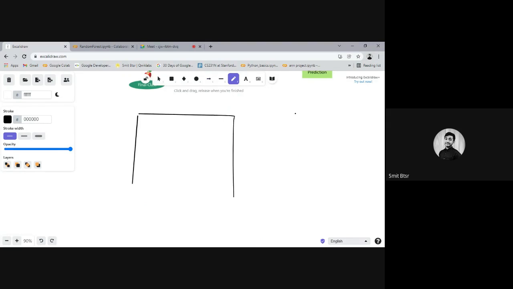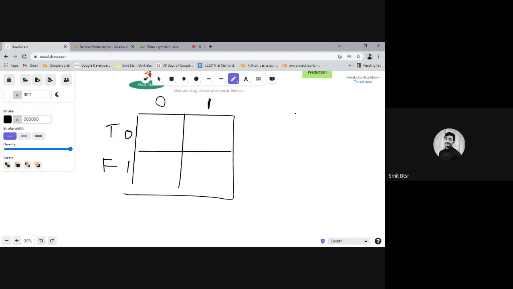Let's say these are zeros and these are ones, and these are the predicted values. These are true and false, which means it should be 0 and it should be 1.